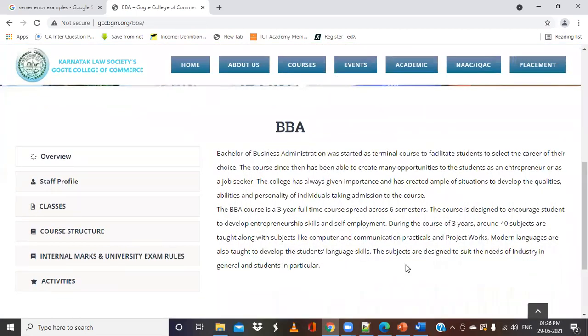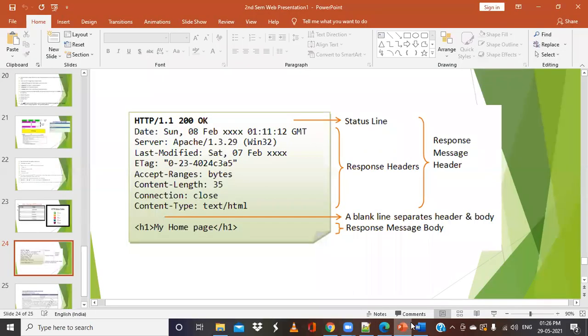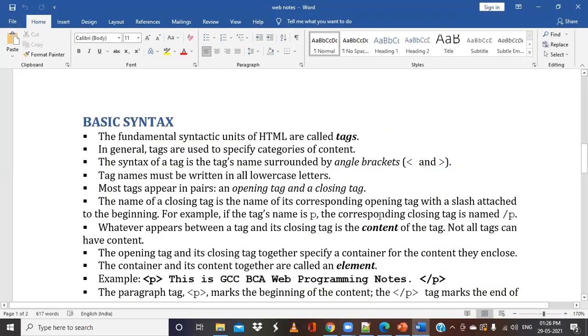So on the browser, or on the web page or web document, we have a variety of information. That is, different categories of information are available. To specify the different categories of information, we use these tags. So tags are used to specify the categories of content. If you are using a paragraph, there is a separate tag. If you are using an image, we need to use a separate tag, and so on and so forth.